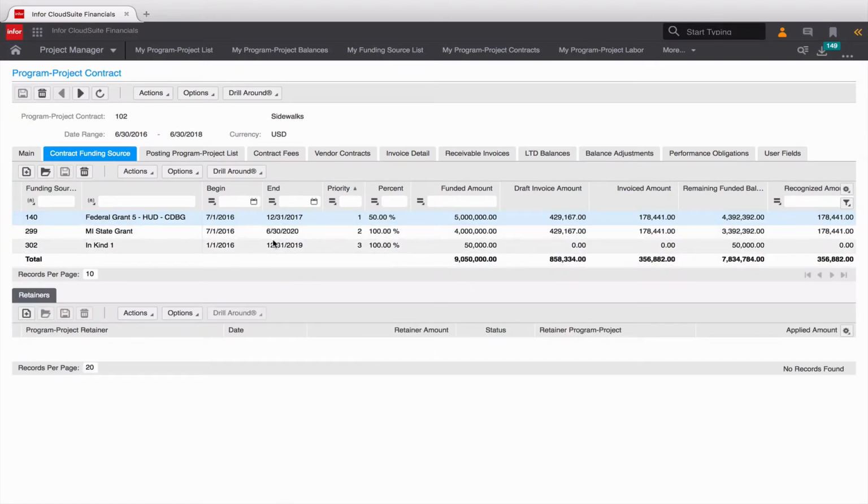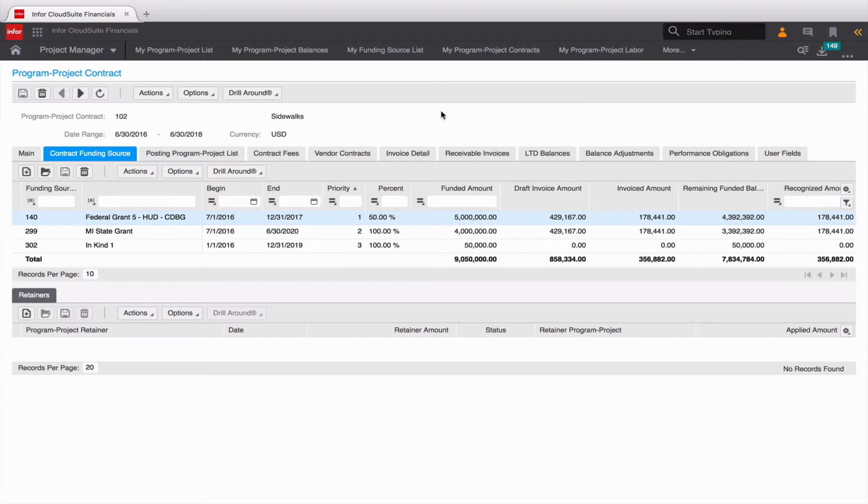And if I drill into the details of this, I can see that for this particular contract that's funding my project and program, I have 3 different funding sources. So I can see that I've got a grant. In this case, I've got 2 different grants and a match associated with it. So when we, within our federal financials project, start to build out the interagency agreement functionality within the submodules, this funding source contract will be the vehicle that we use to build out that interagency agreement level of detail. So I can see how much is funded by each of the various different funding sources, how much is invoiced,